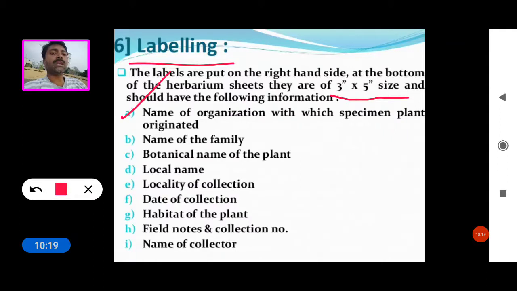First one is the name of the organization with which the specimen plant originated, and name of the family, botanical name of the plant, local name, locality of the collection, and date of the collection, and habitat of the plant, and field notes and collection number, and the name of the collector.